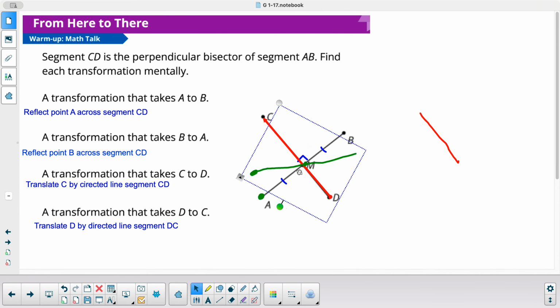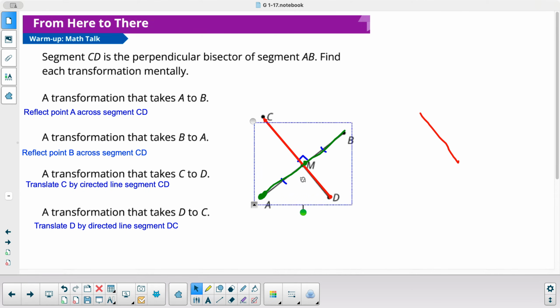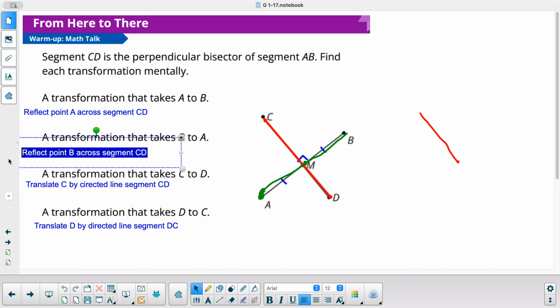So right there, you could just say, rotate A 180 degrees. You can go either way because 180 degrees is the same clockwise or counterclockwise. Okay, so you need